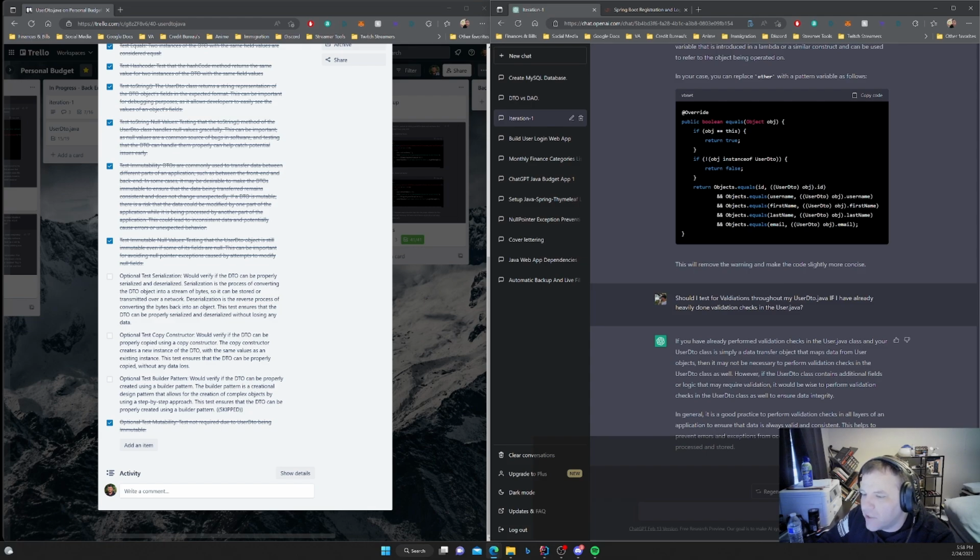However, if the UserDto class contains additional fields or logic that may require validation, it would be wise to perform validation checks in the UserDto class as well to ensure data integrity. In general, it is good practice to perform validation checks in all layers of an application to ensure that data is always valid and consistent. This helps to prevent errors and exceptions from occurring and ensures the data is properly processed and stored. Okay.